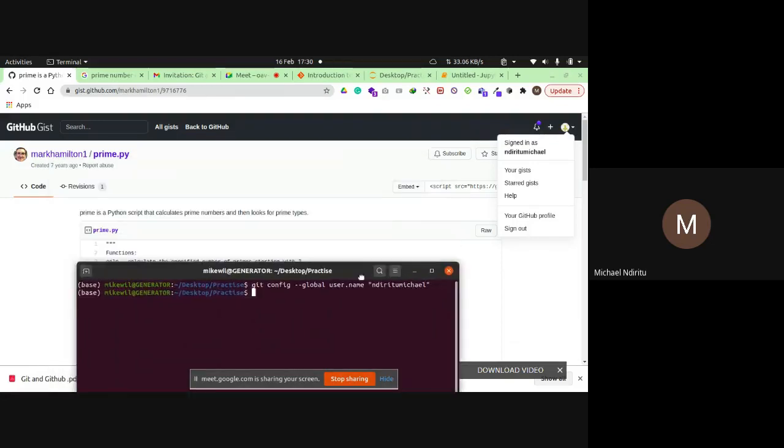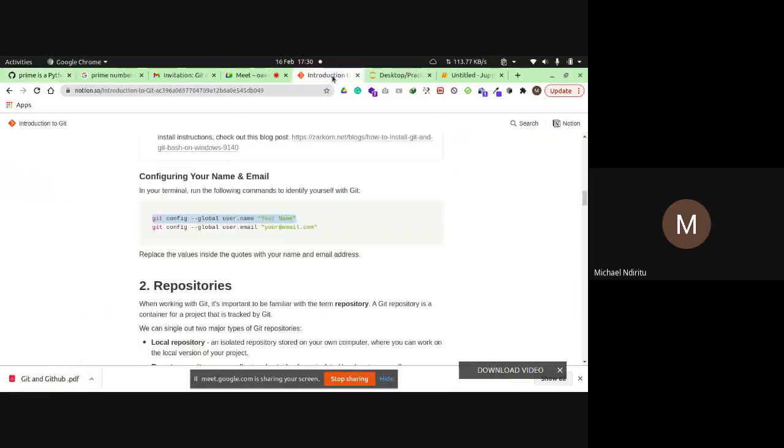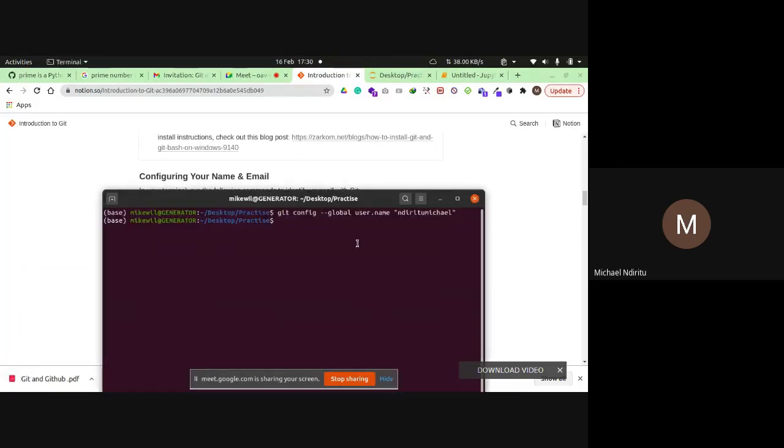Then we are going to go to the second part, which is configuring the email with git. Here we are going to copy this and paste it, and in the place of the placeholder you are going to put your own email.